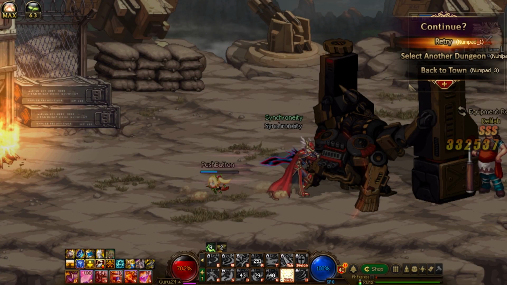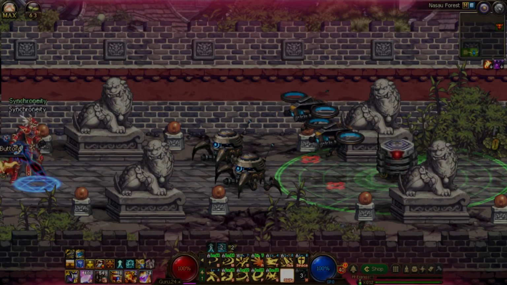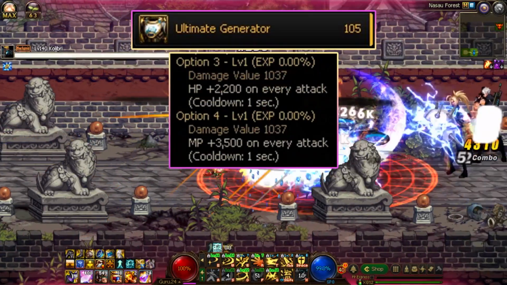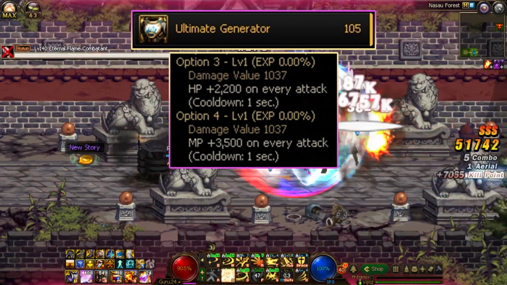At least in theory. That said, with this much MP cost increase, you're probably going to want some more MP recovery, so the ultimate generator top is my recommendation, as there isn't any point in using reversible leather coat for